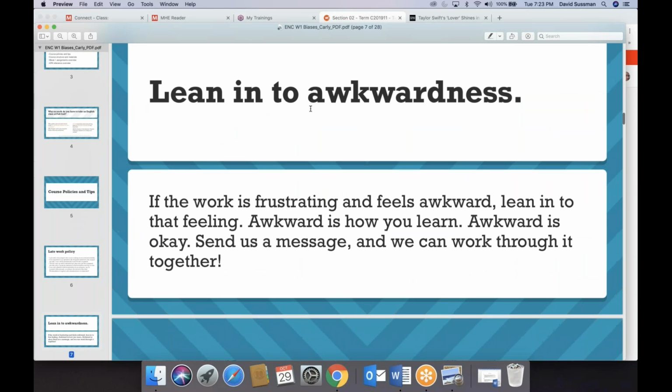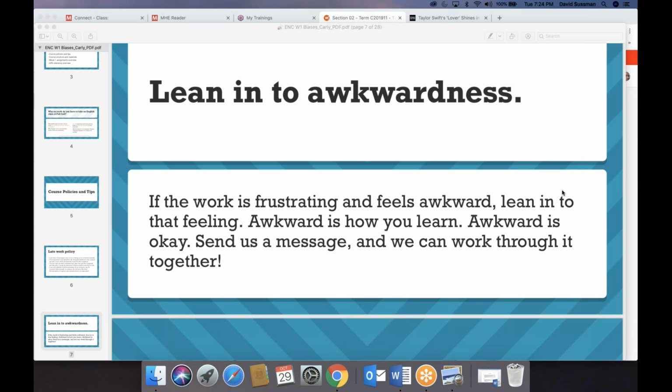Yeah, this slide is just about, I kind of mentioned earlier that for some students, English class is scary, and it's scary because it can feel awkward. The thing about math class is if you understand the math concept, whether it's simple addition or subtraction, or something slightly more complicated like the Pythagorean theorem or the quadratic equation, you can plug in the numbers, you can get the right answer, it's the right answer, and your instructor will verify it's the right answer and you get a good grade.